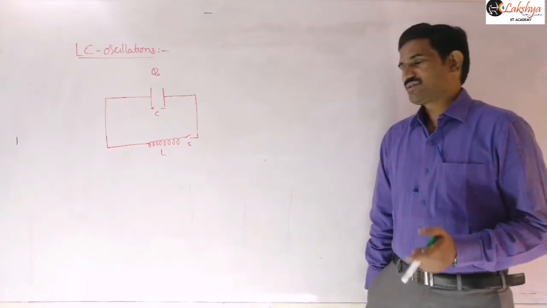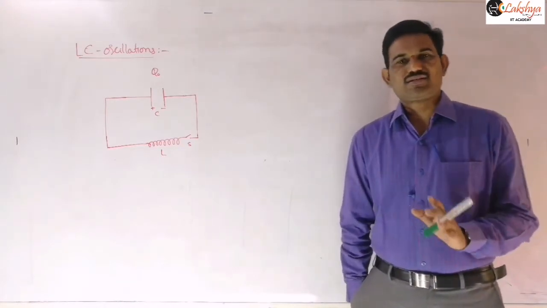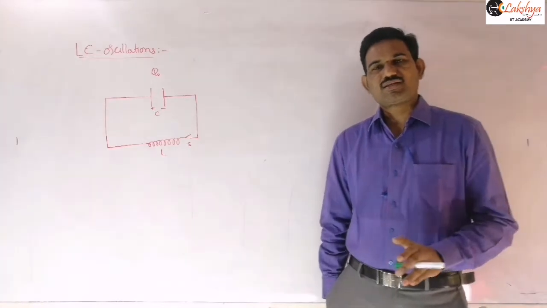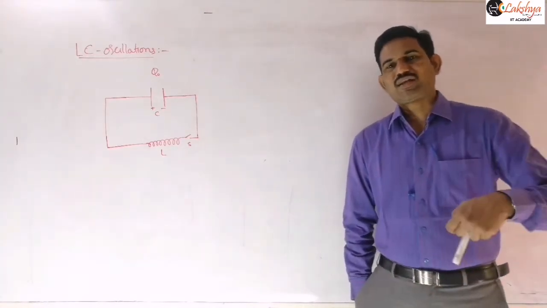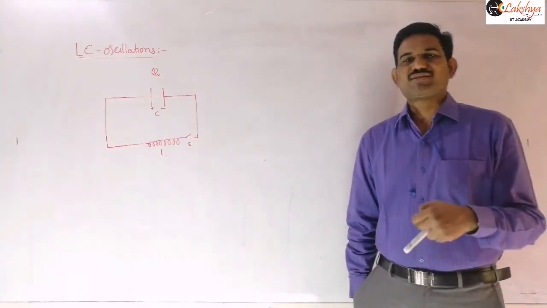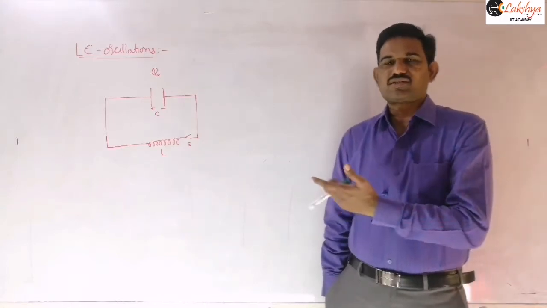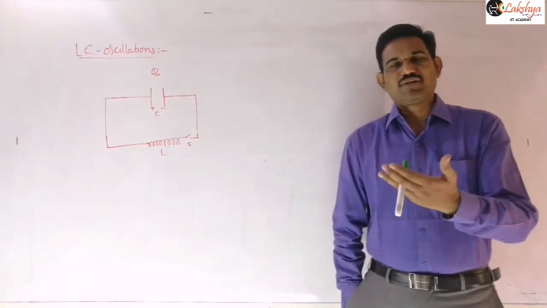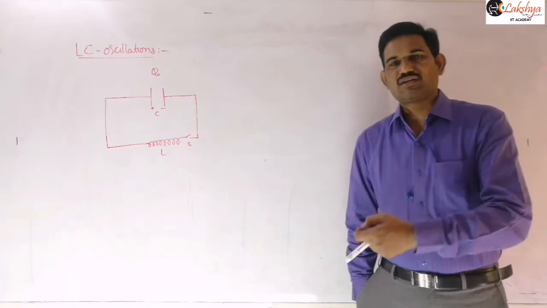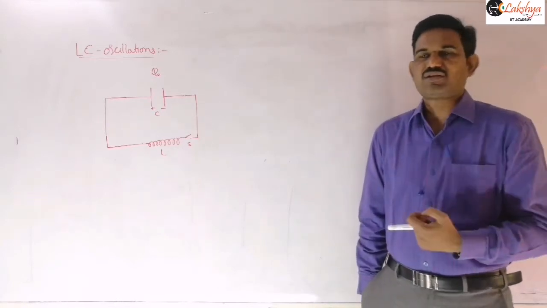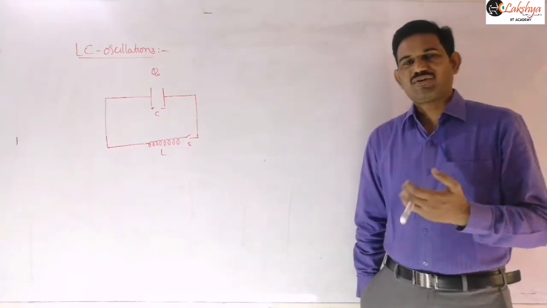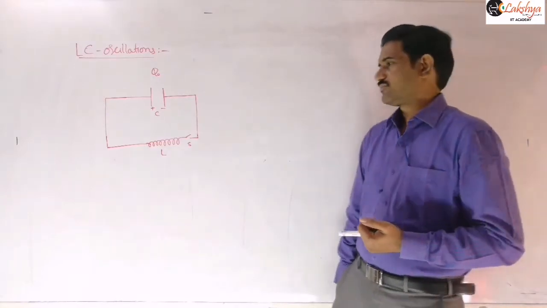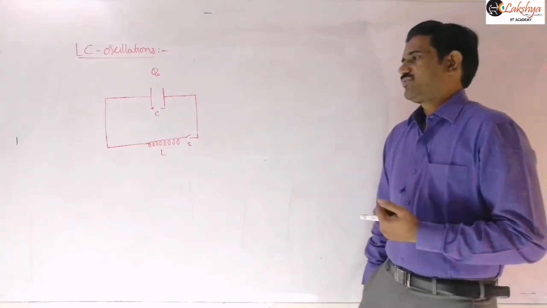Ideal inductor means, as I said already, its internal resistance is 0. That means we should not consider any resistance there. If it is not an ideal inductor, then the inductor may possess some resistance, and we need to include that, or we can take it simply as a combination of L and R, a resistance in series with that L if there is an internal resistance, right? An ideal inductor of inductance L.